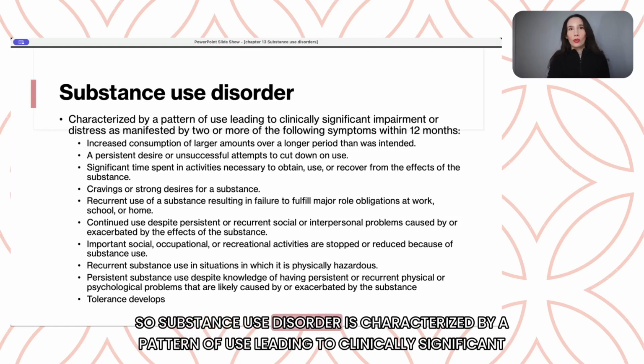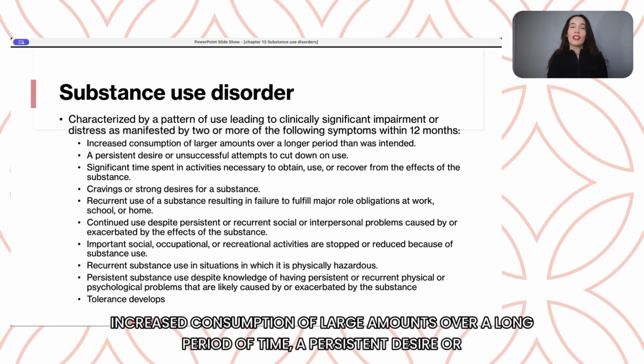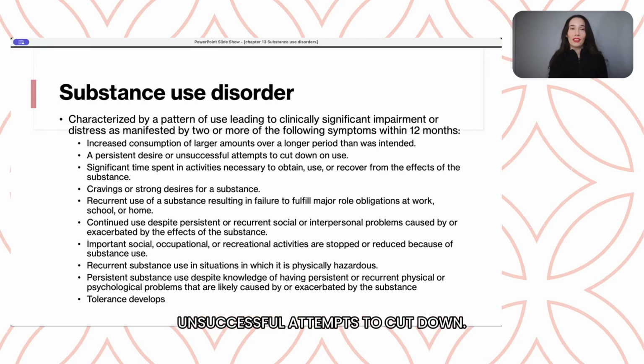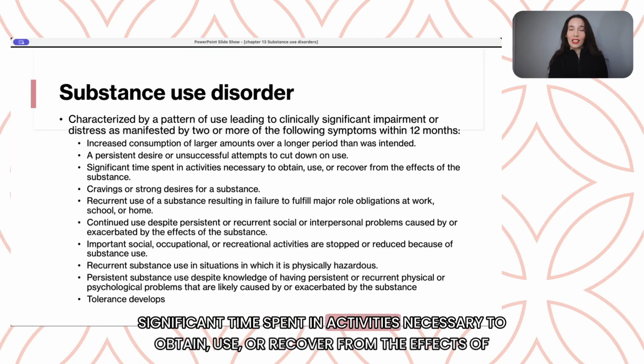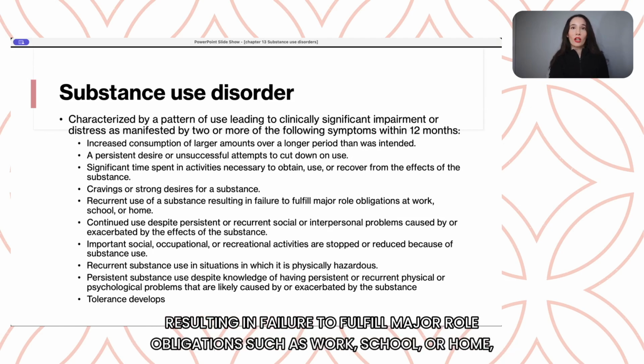So substance use disorder is characterized by a pattern of use leading to clinically significant impairment or distress as manifested by two or more of the following symptoms within 12 months. So they have to have two of these: increased consumption of large amounts over a long period of time, a persistent desire or unsuccessful attempts to cut down, significant time spent in activities necessary to obtain, use, or recover from the effects of substances, cravings or strong desires for substances,